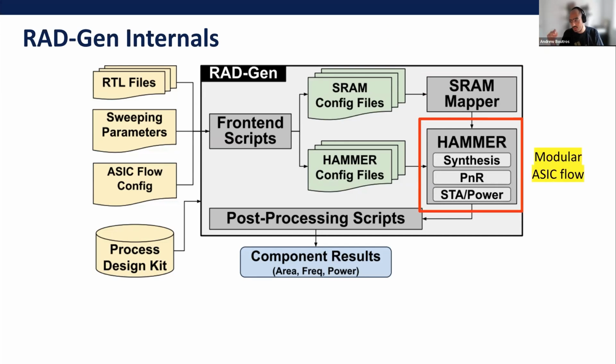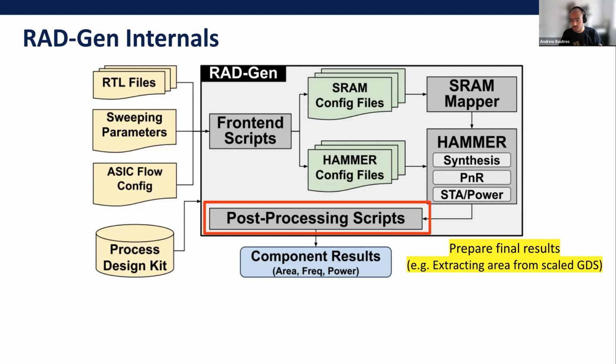And then we make use of Hammer, which is a tool from the UC Berkeley Chipyard framework that provides a modular ASIC flow where you can swap in and out different synthesis, place and route, and static timing analysis tools very easily. And at the end, we have some post-processing scripts that prepare the final results and also incorporate things like scaling GDS files in some PDKs that try to trick the tool licenses by having a GDS that is bloated up. So anyway, the post-processing script prepares the final results and gives you a report. Here are different options that we tried for the parameters you want to sweep. Here are the costs for those components in order to get a sense of what's realistic to embed in your